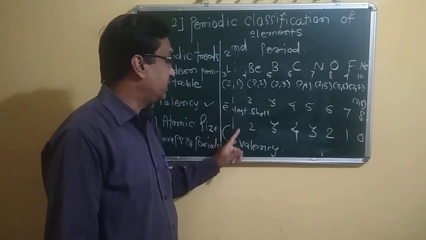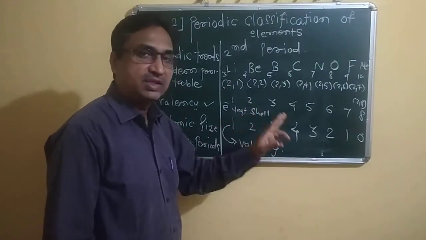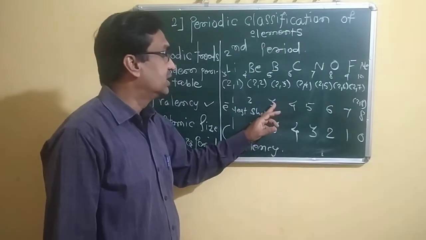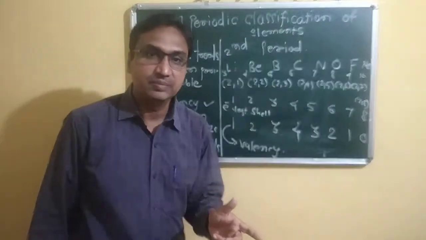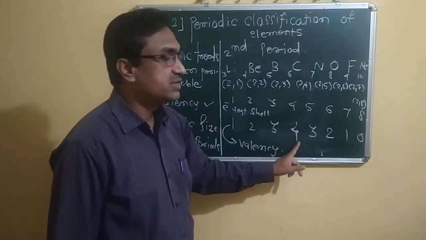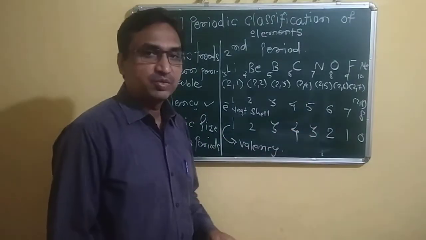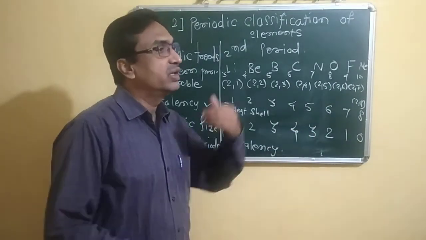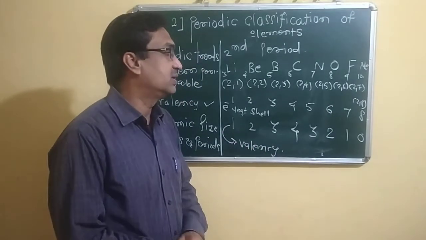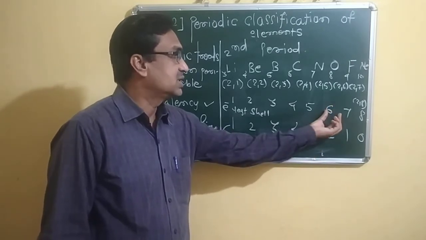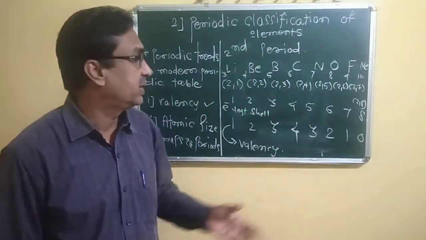1 electron in the last orbit, that is valence is 1, a positive one. 2 electrons in the valence shell, its valence is 2. 3 electrons in the valence shell, its valence is 3. 4 electrons, that is tetravalent, like carbon, its valence is 4. They form a covalent bond with another carbon. 5 electrons means instead of donating 5 electrons to the other, they have taken 3 electrons from the other, that's why its valence is 3. In such a way, 6 electrons in the last orbit means they accept 2 electrons from another element, that is valence is 2.